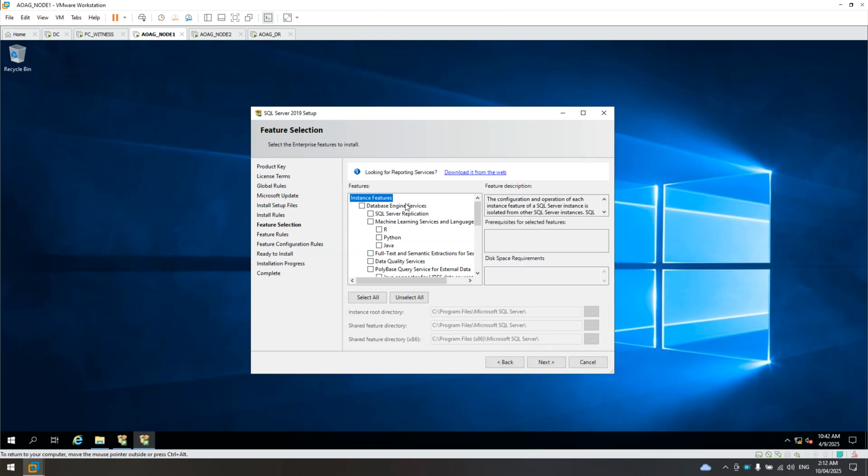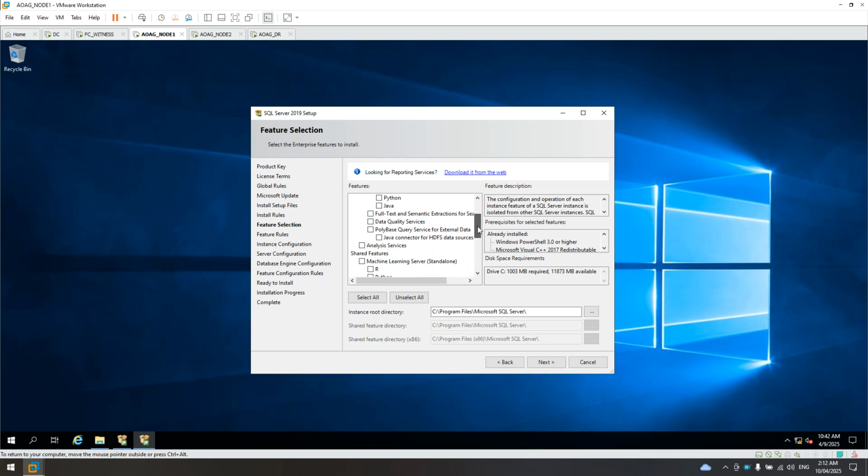And in here, make sure you install the database engine, probably include the SQL Server replication because we will test that later. Analysis service, include that one. You might be using this feature later.